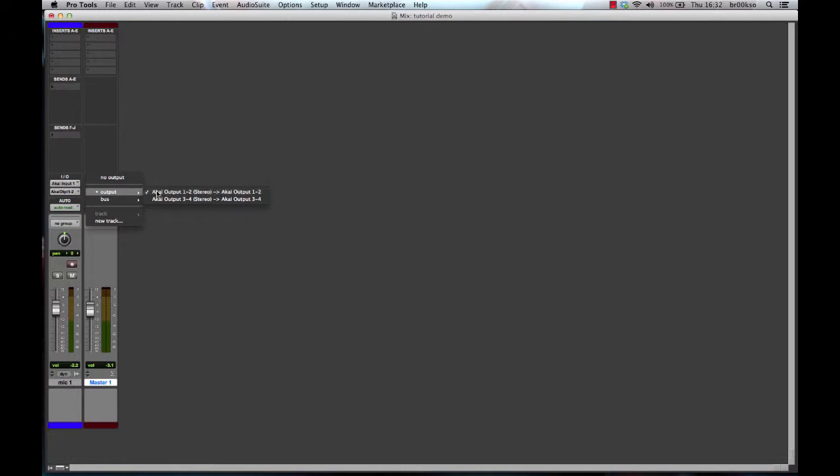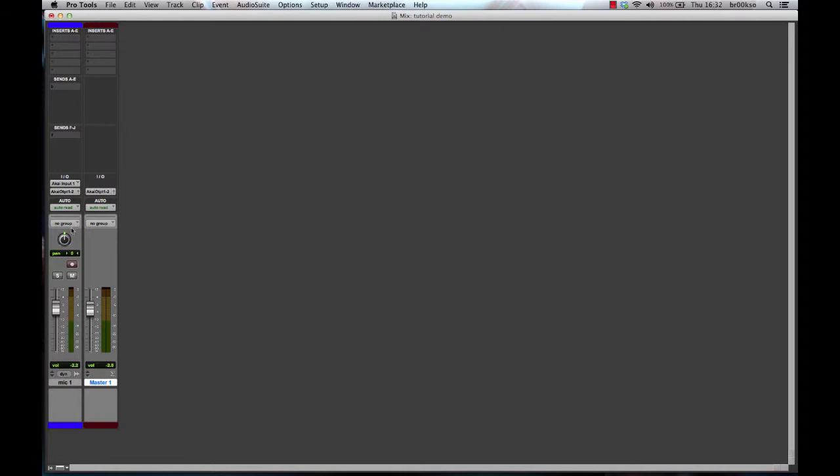And that basically means that this master fader will go to the headphone outputs that you're going to listen to on your Akai. Okay? So the monitoring section of the Akai, the 1 and 2 channel, I want that to be able to hear what I've got going on in Pro Tools. So just make sure that goes to 1 and 2.